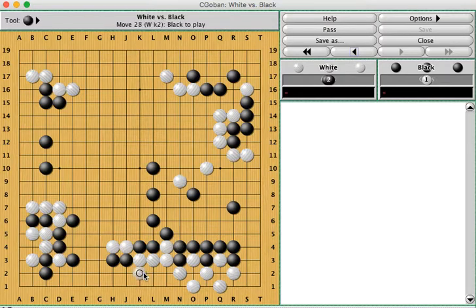And now that makes white alive. Now, once white's done living, black plays up here. And this is actually a winning game for black because what white has done, he's routed out a huge amount